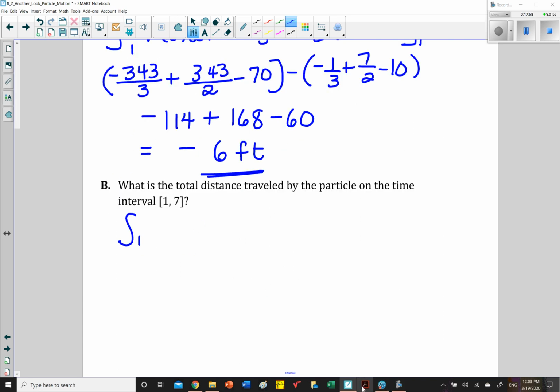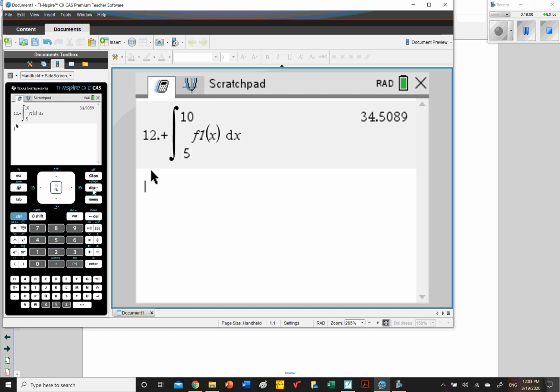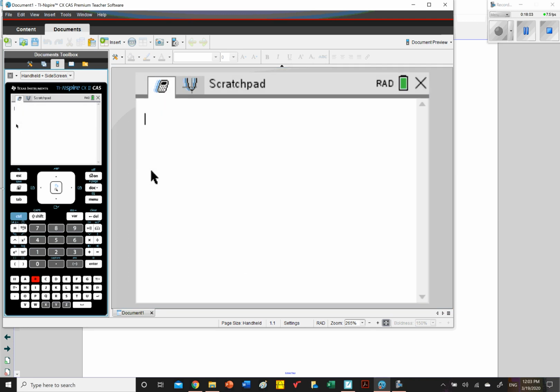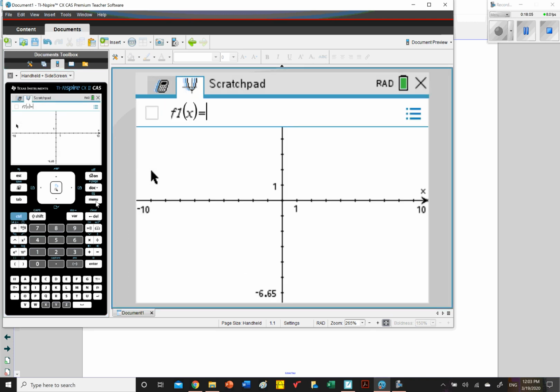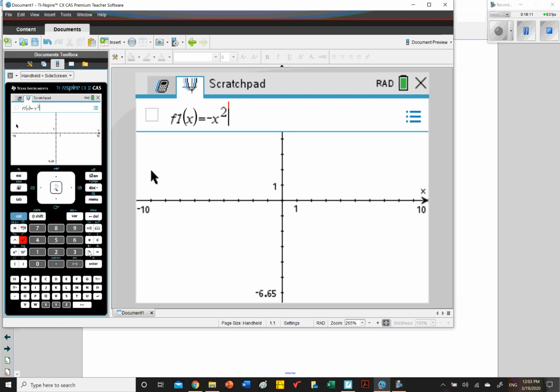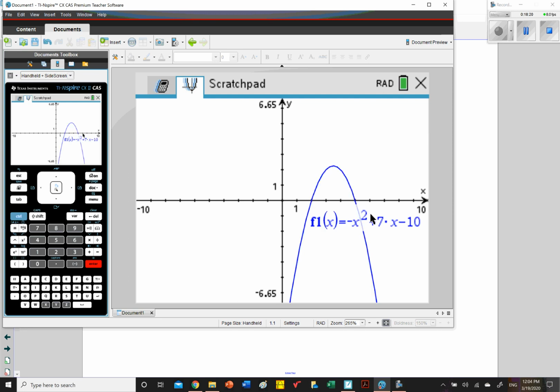Let's go graph that real quick. So it's negative x squared plus 7x minus 10. Now on the AP exam, you wouldn't have a calculator, you'd have to calculate it, but I